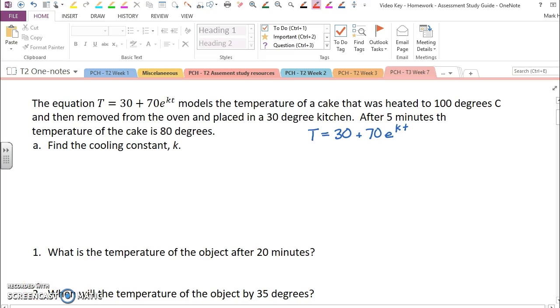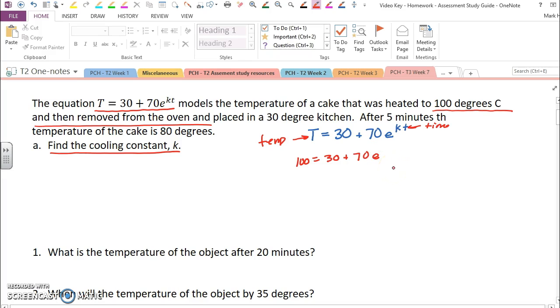In this problem, you've been asked to first find the cooling constant K for this equation where capital T is temp, and lowercase t is time. And they've given us some initial conditions, 100 degrees removed from the oven. So that means 100 will equal 30 plus 70